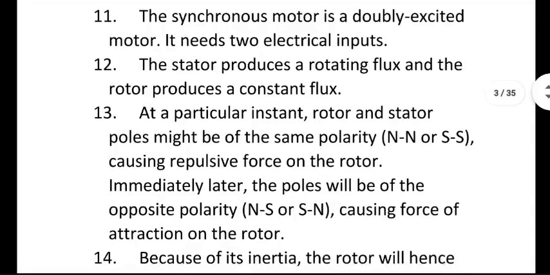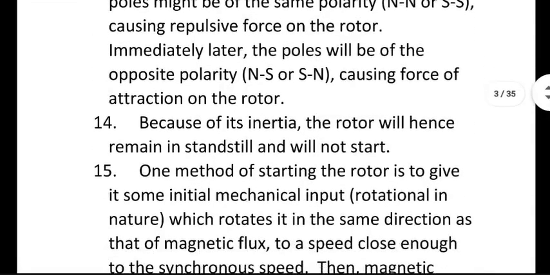As a result, the rotor may not rotate at all. It may instead make noise like it is about to start, but it is not starting. That is why I said initial starting method is important for such motors. Rotor will try to start, but will not be able to start because of the inertia, because the polarity of the rotating flux produced by stator is changing very fast, and rotor is unable to catch up.